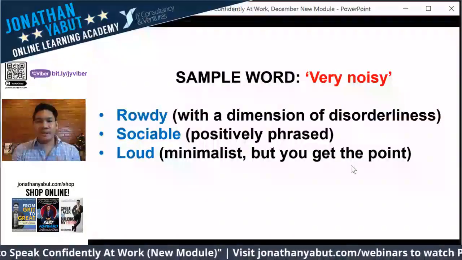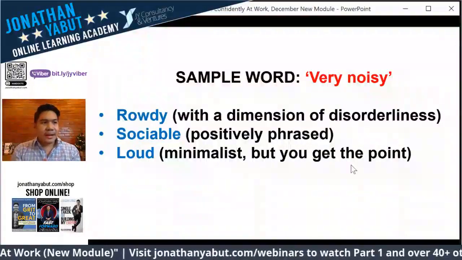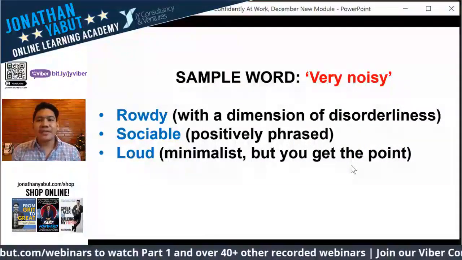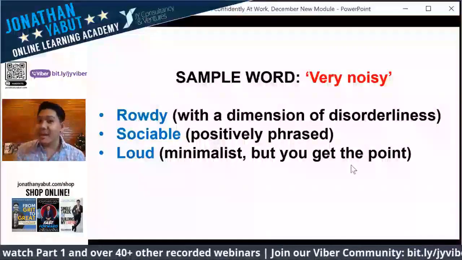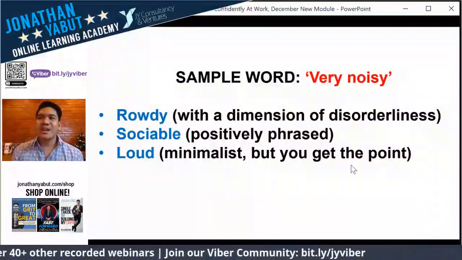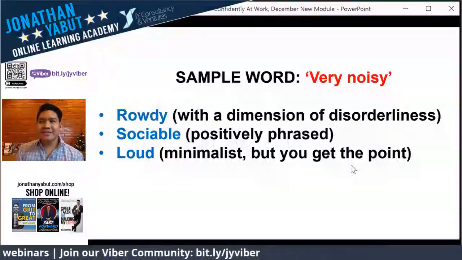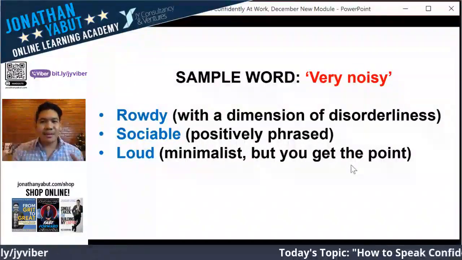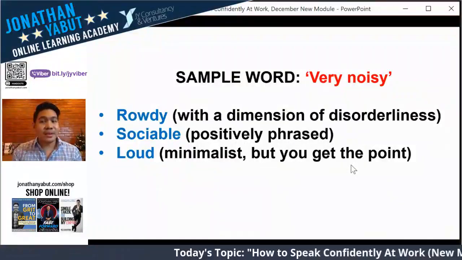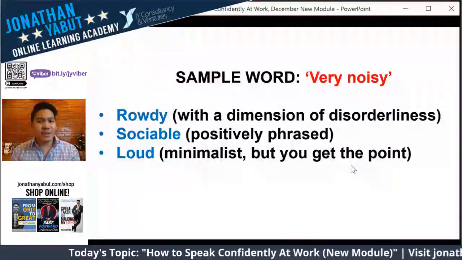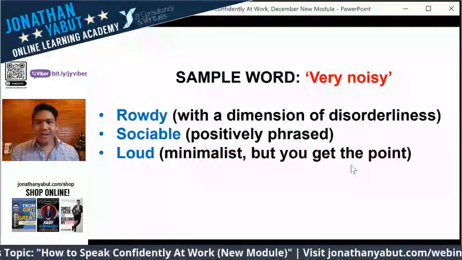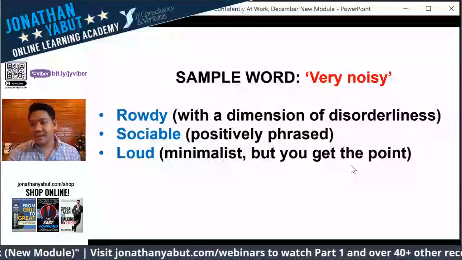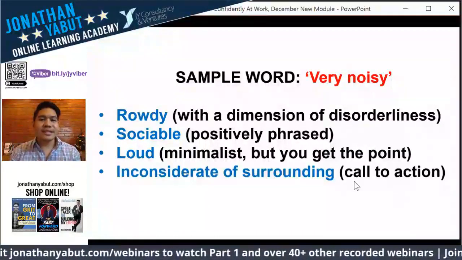And that loud has something to do with the idea that he loves his own voice. That's, by the way, another example of describing it. You can say, you know, Jeremy is the kind of person who loves listening to his own voice. That's an example of making the sentence sophisticated, but when you're talking to someone who's smart enough, he understands that you don't like Jeremy's voice and you think that Jeremy keeps on talking when it's unnecessary. Another example: inconsiderate of surroundings.